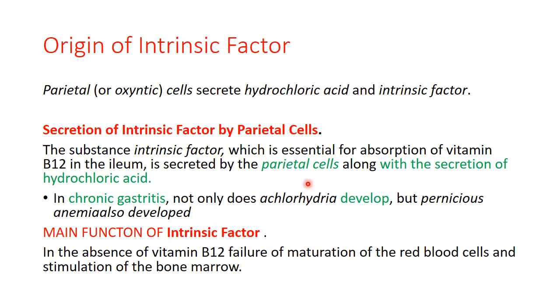These parietal cells are usually present in the fundus and the cardiac end part of the stomach. In chronic gastritis, there is one symptom, that is achlorhydria. Not only is achlorhydria developed, but pernicious anemia also develops because of lack of intrinsic factor. So the main function of the intrinsic factor is the maturation of